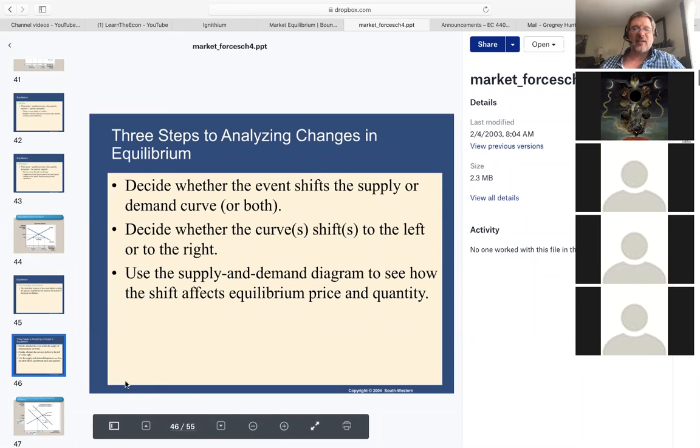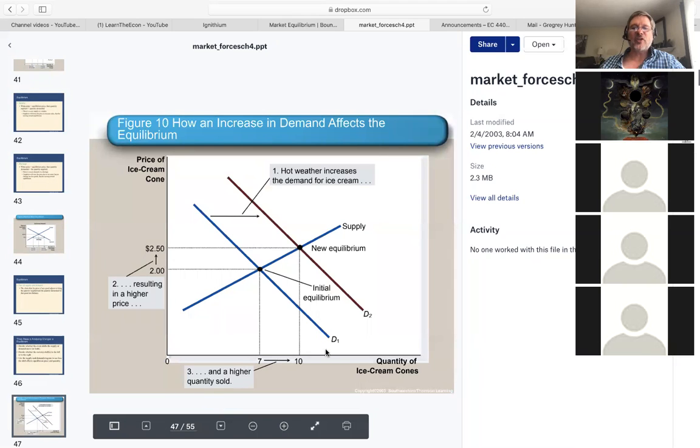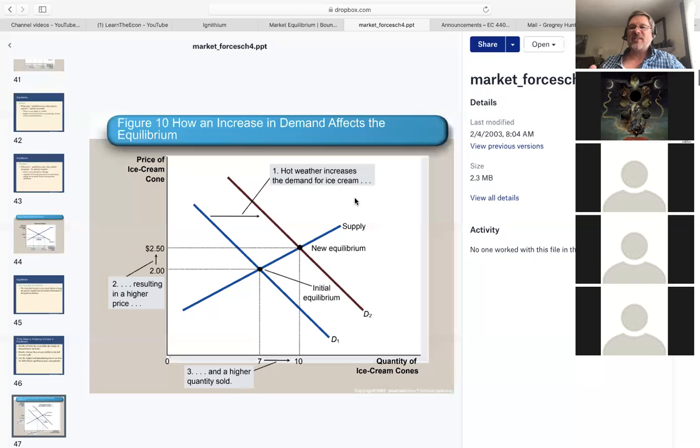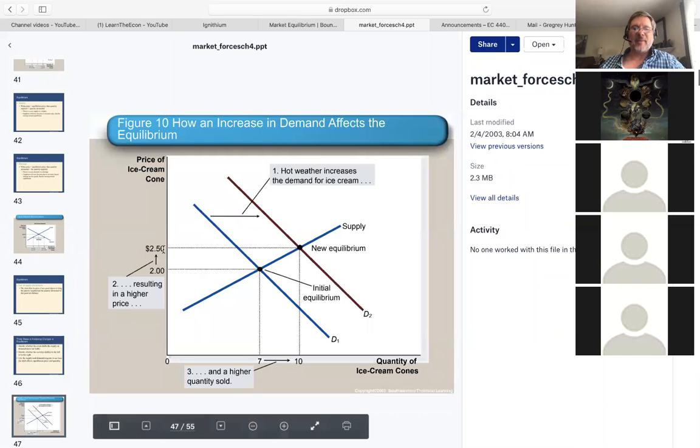So I'll give you guys an example here in the next illustration. So here's our initial demand curve, demand for ice cream. And then here's the initial supply. Now, it says here that hot weather increases the demand for ice cream. And I want you guys to think back for a minute